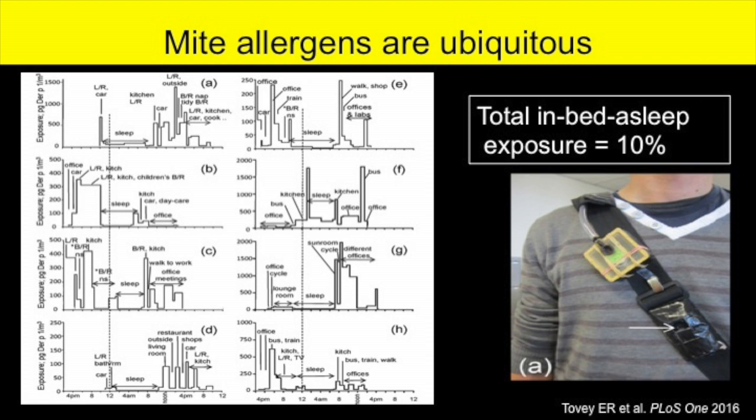You've probably thought for many years that, as I just said, the important mite reservoirs are the mattress, the carpets, the soft furnishings. Well, it's not quite true. They're everywhere. And the development of personal air sampling, and this colleague of mine, Ewan Tovey, has done a lot of work in this area in Australia, very seminal work, developed this personal air sampler which allows you to measure allergen as you're walking around and going about your daily business. It's quite hard to do.